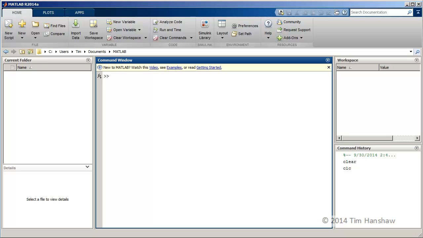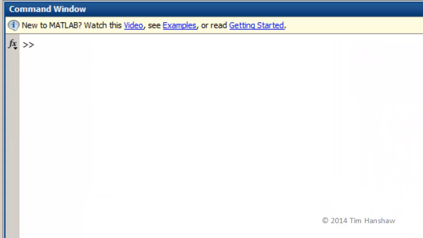Now the first thing I'm going to do is create a folder named MATLAB_exercises at the root of the C drive. I tend to find it easier to create a directory within the current working directory, so I'm going to change my working directory to the root of the C drive. So to change the directory, the command is cd c://